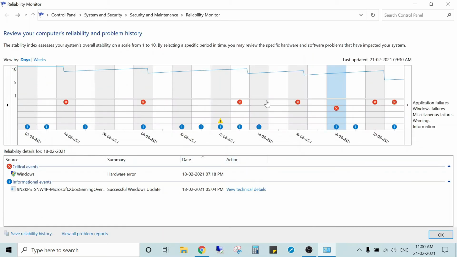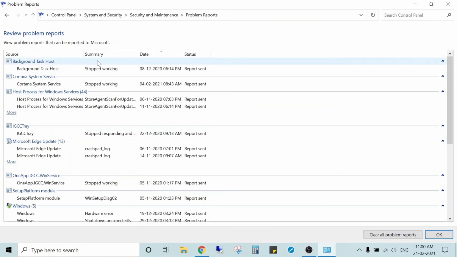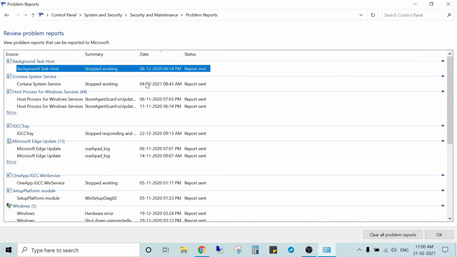Apart from that, you can check view all problem reports. And here you can see 8/12/2020. I purchased this laptop in August 2020. So my first error occurred on 8th of December.